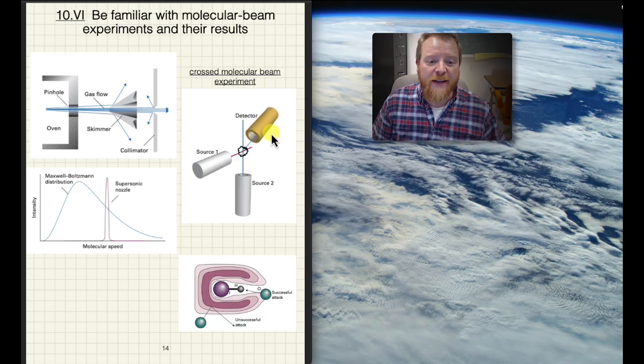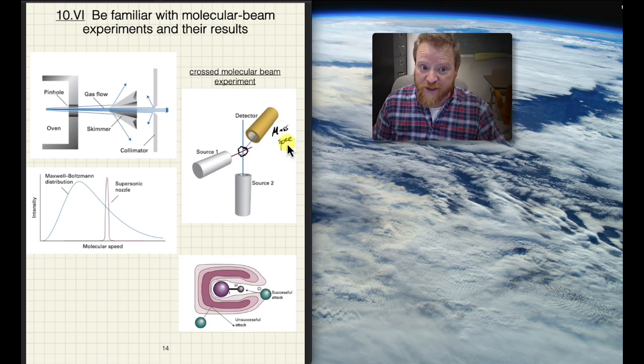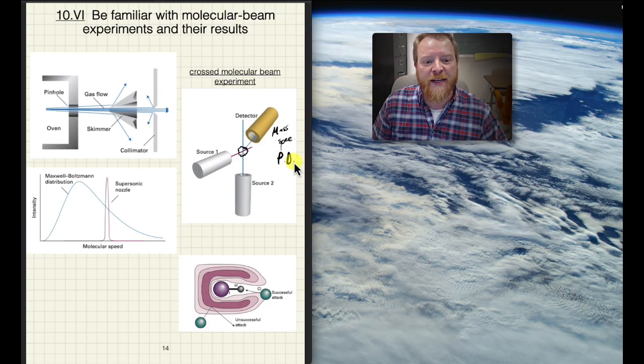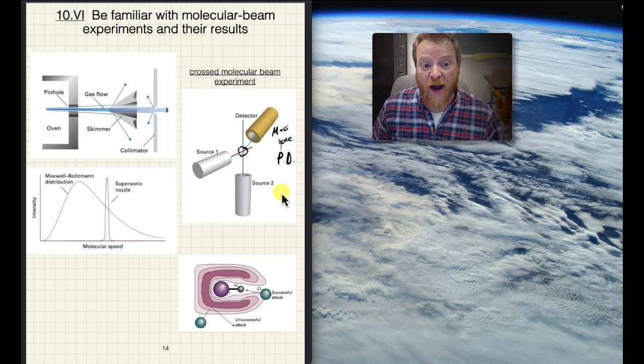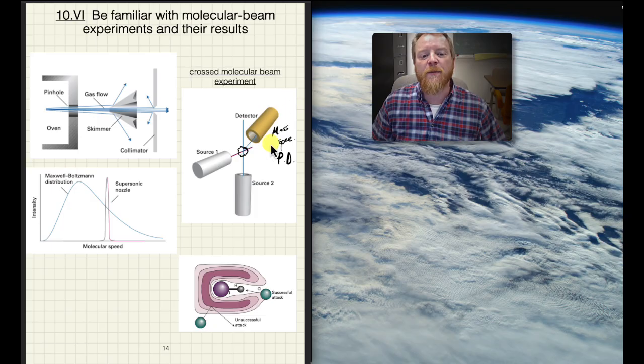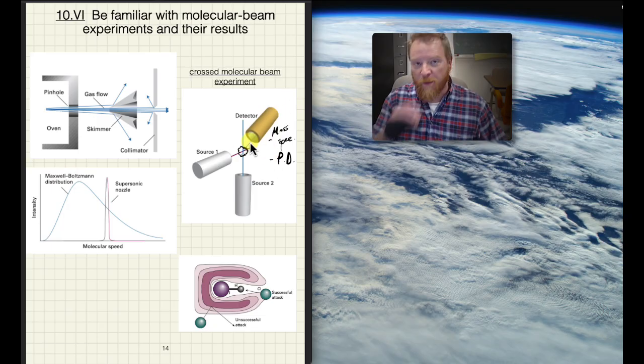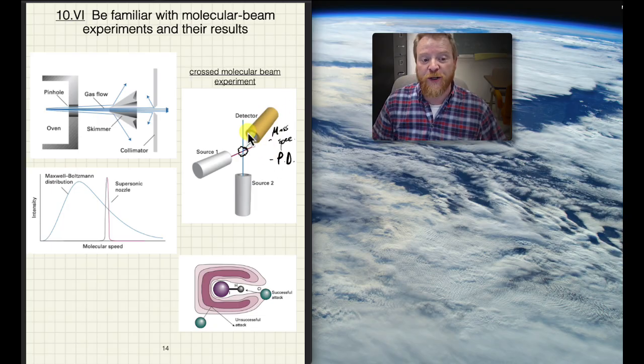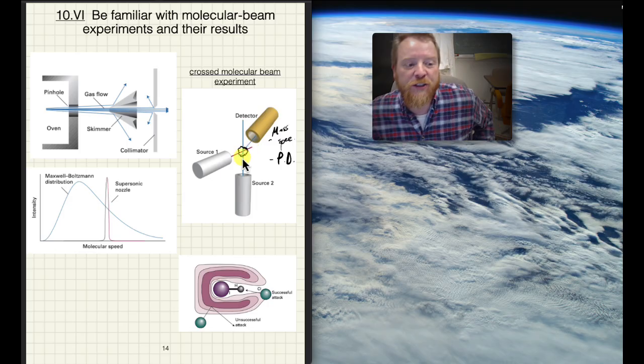Typically that detector could be a mass spectrometer, so no chromatography, right? Just the mass spectrometer detector. Or it could be a photodiode. I'll just write PD for if there's light given off in the process, or even some other type of spectrometer where we might be able to get a characteristic fingerprint of the molecule in this collision.